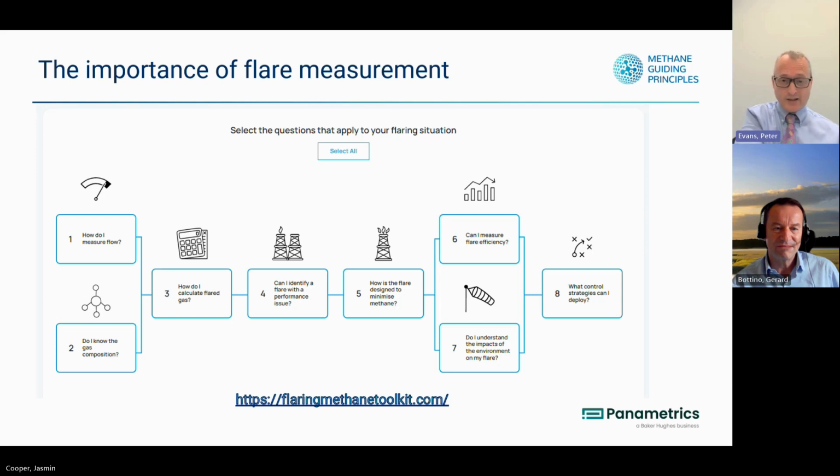much as possible. And with that in mind, the Methane Guiding Principles put out a tool about 2 years ago now that Gerard and I and many others worked on to provide a little guidance around the various things that come into play when thinking about managing flaring, because from a methane point of view, possibly more so than any other source or principal source of emissions, a flare is a complex interplay of the design of the facility, the volume of gas involved, the composition of the gas being flared, the design of the flare itself, the environmental conditions in which it's operating, and all of these things feed into this critical matter of how efficient the combustion actually